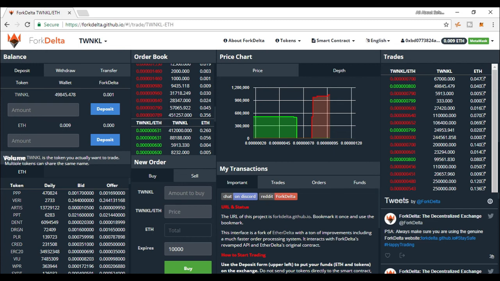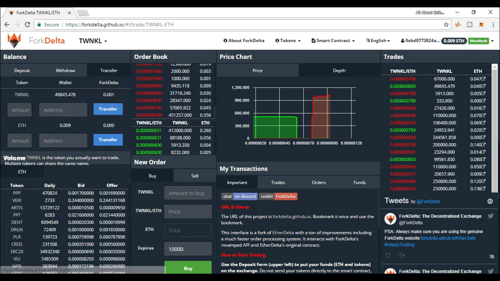At Fork Delta, there is no maker's fee. There is only a taker's fee of 0.3%. So, to summarize, the trading fee of 0.3% is deducted in the currency that the taker pays. Which means, in our case, though we paid 0.04 Ether for the purchase, the trading fee was paid as 0.3% of those Ether, and the remaining was paid to the maker for the purchase of Twinkles, which we shall see next.